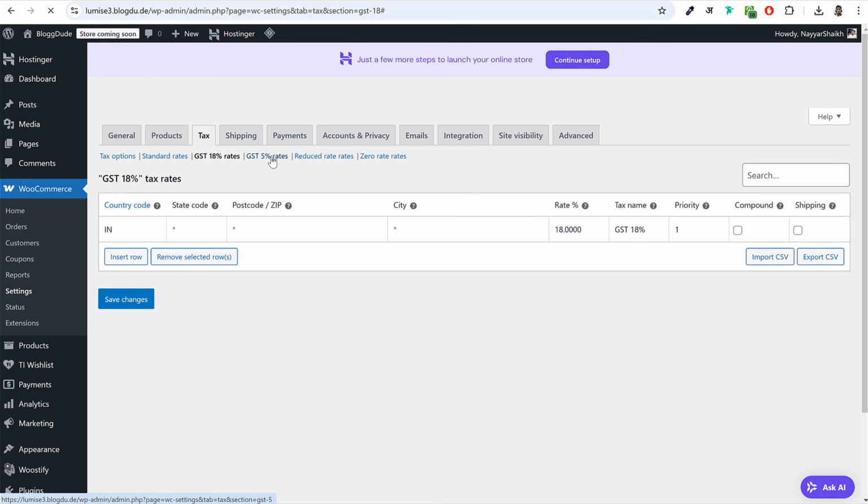Now click on GST 5% rate. Click on insert row. Same thing. Under country code, I'll type in IN for India. Under rate, I'll type in 5. Under tax name, I'll type in GST 5%, and untick shipping. Click on save changes. Now click on